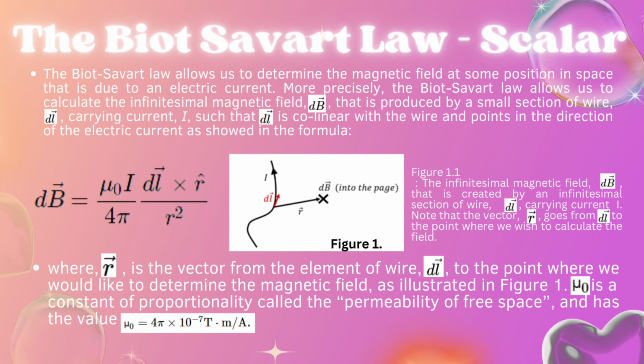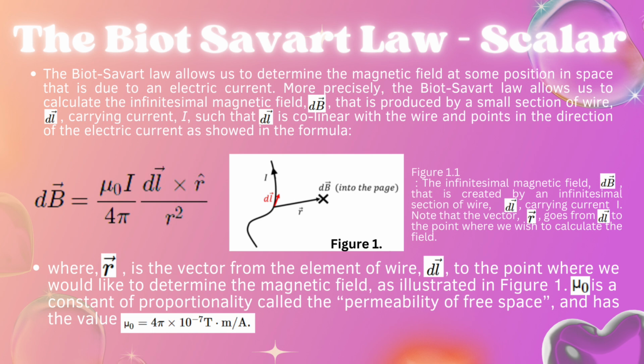The Biot-Savart law in its scalar form. The Biot-Savart law allows us to determine the magnetic field at some position in space that is due to an electric current. More precisely, the Biot-Savart law allows us to calculate the infinitesimal magnetic field that is produced by a small section of wire, carrying current I, such that the infinitesimal wire segment is collinear with the wire and points in the direction of the electric current, as shown in the formula,